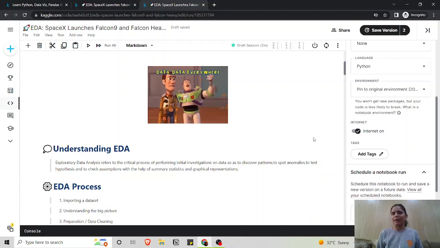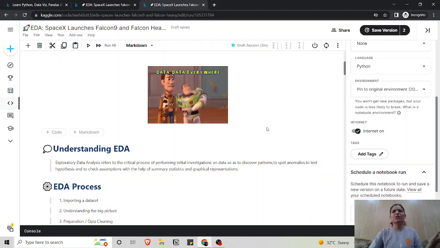So what would you say? Which of the two will give you a better understanding? A person who's just saying some words, that is just data coming in, or someone who's actually giving you a visualization of that thing? I feel that visualization would be a much better path. So that is EDA. We are exploring the data to get some initial investigation going on, to get some information out of the data provided to us.